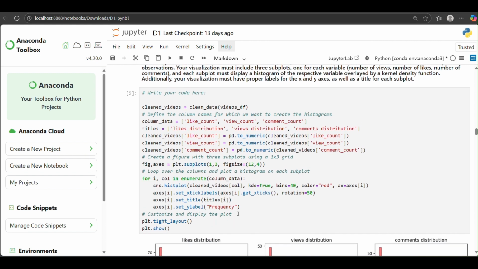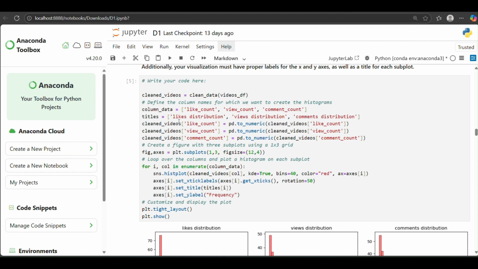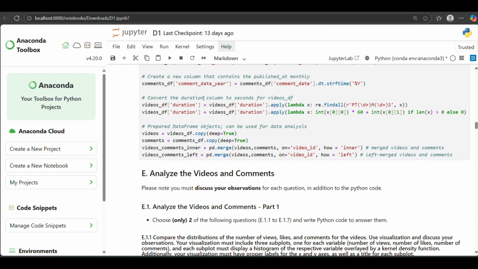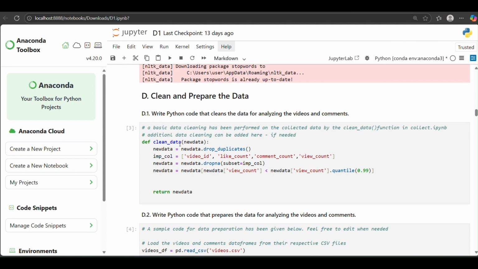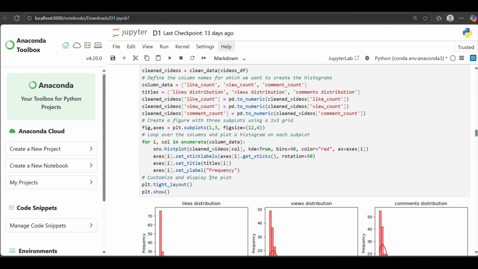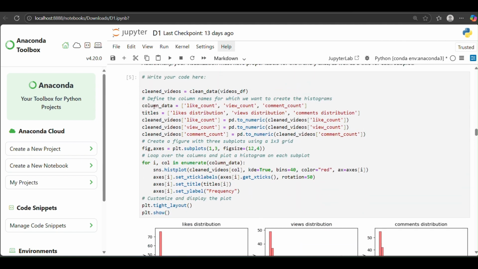which I'll be using to get the view count, like count and comment count, and assigned it to cleaned_videos. And then I specified the columns that I'll be using for my subplots and assigned them to column_data, and also the titles of the subplots, that is likes distribution, views distribution, comments distribution, and assigned it to titles.